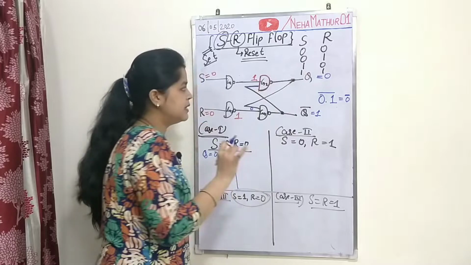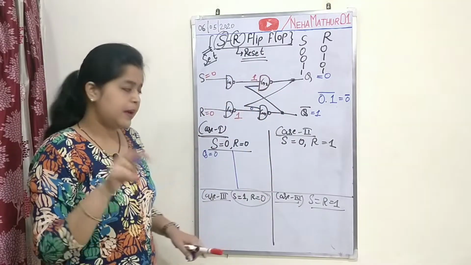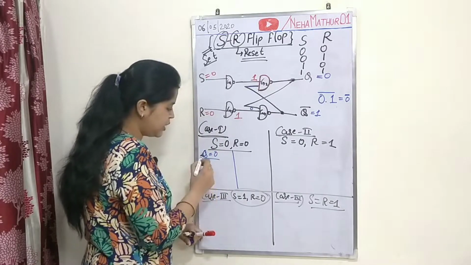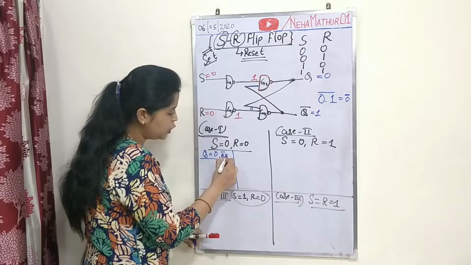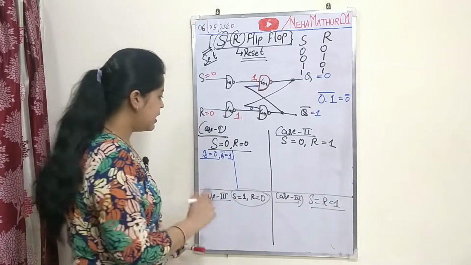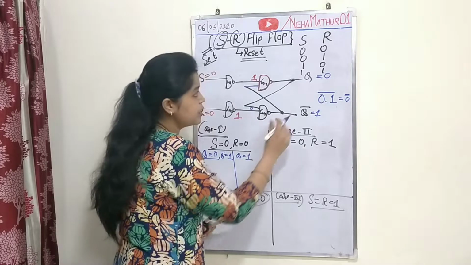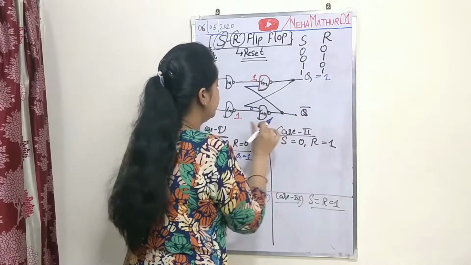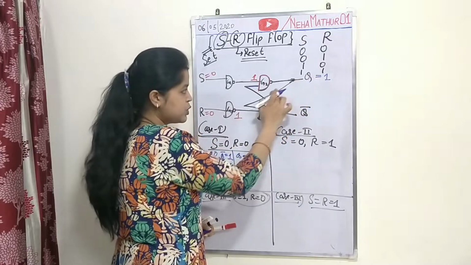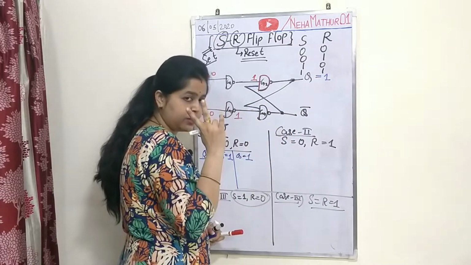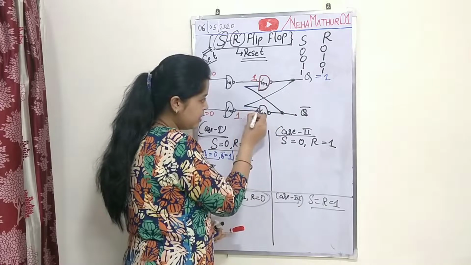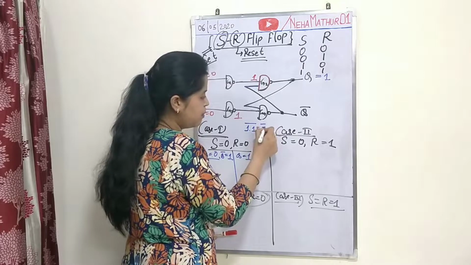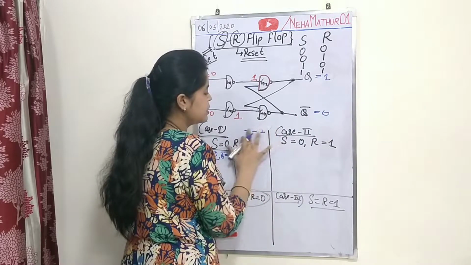So you can say that the calculation of this circuit depends on the value you are assuming over here. So you can say when Q is equal to 0, your Q bar will be 1. Similarly, if initially you are assuming Q is equal to 1, so now what will happen? See, Q is equal to 1. So for the G4 with two inputs, the first input is 1, second is also 1. So 1 dot 1, it will be 1 and its complement will be 0. So your Q bar will be 0.